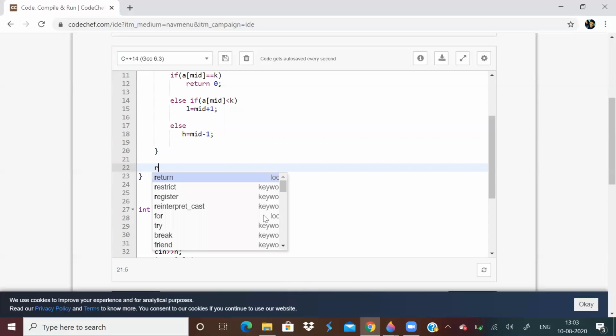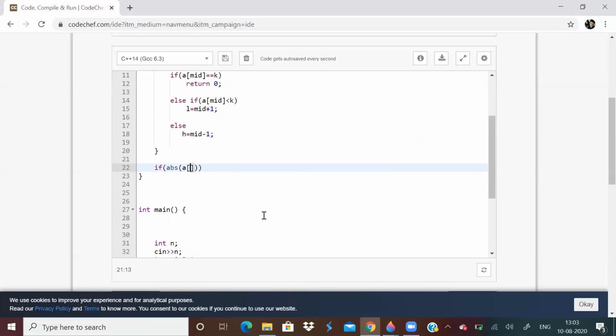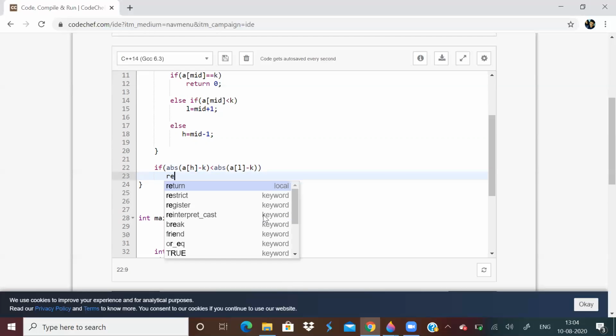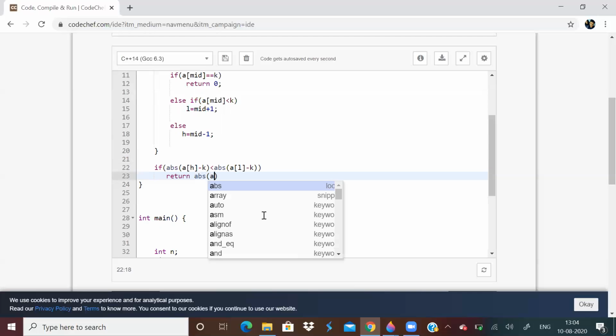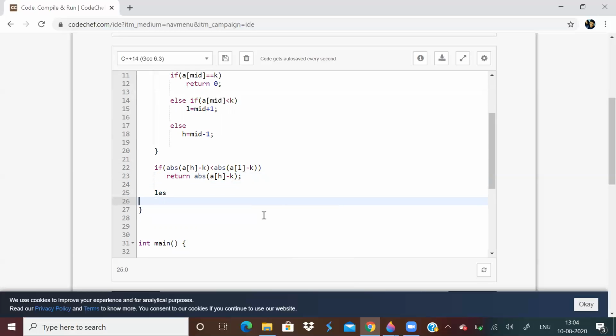Then we have to check if absolute of A of H minus K is less than absolute of A of L minus K, then we return absolute of A of H minus K. Otherwise, we return absolute of A of L minus K, whichever is smaller, right?